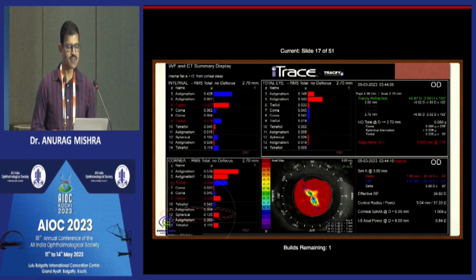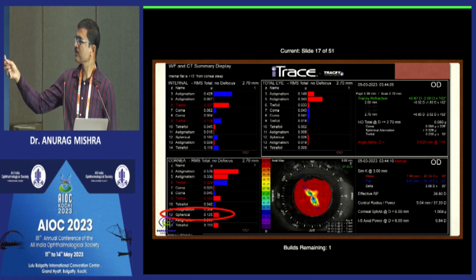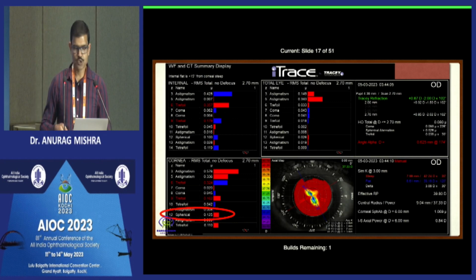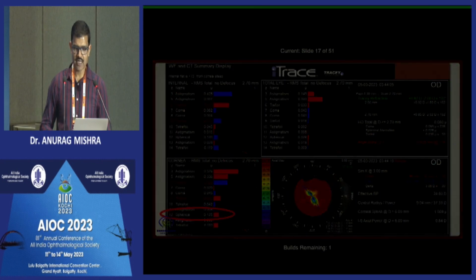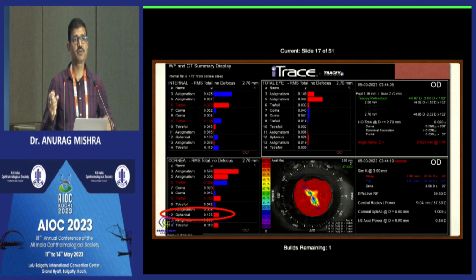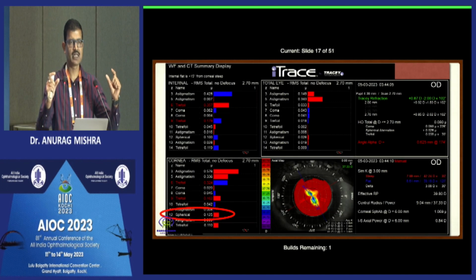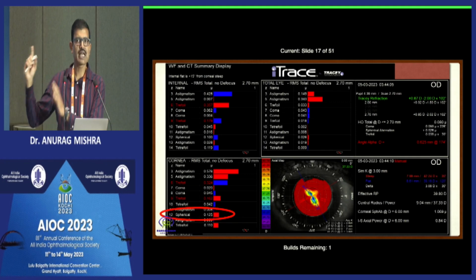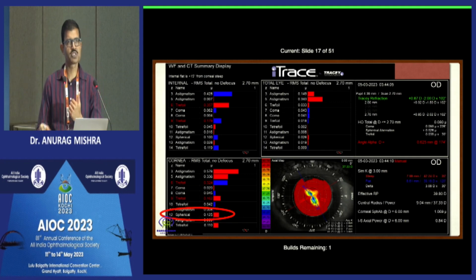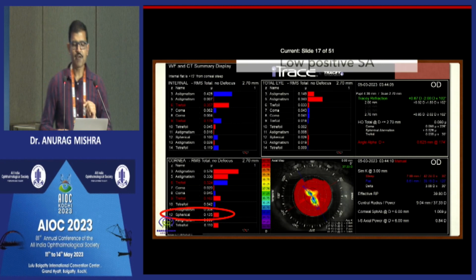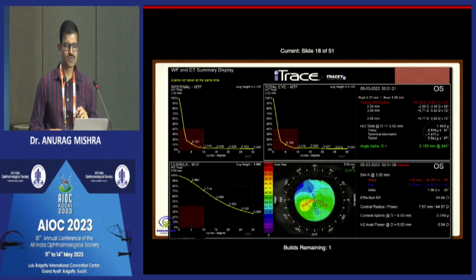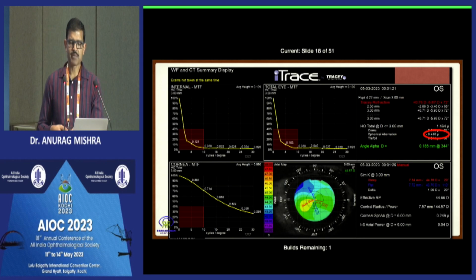The next example we see is that the spherical aberration from the cornea is very low. It's staged at 0.125, and the total spherical aberration coming out of the eye is 0.026. So you have to carefully choose the IOL that you're going to fit in. In my opinion, this patient should be given actually a spherical IOL, not even an aspheric IOL, which reduces the positive spherical aberration. Because I have an example of a patient, this patient had a spherical aberration of minus